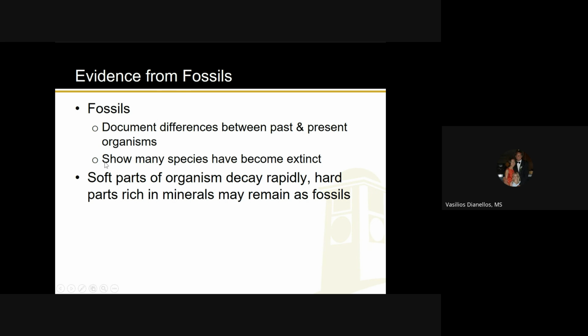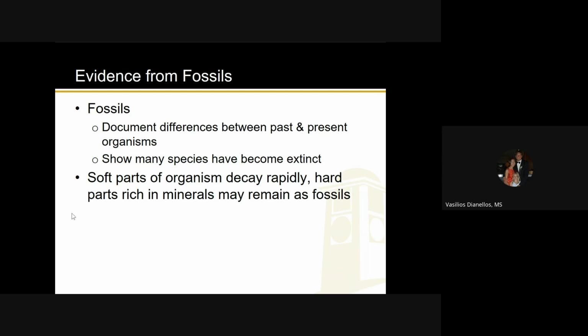And like this bullet point shows right here, it has proven that some species have gone extinct. You know that's probably not new to you, but relatively speaking, that is new information, right? There was a time when people didn't think animals went extinct. So bring back from the beginning of this chapter, there was a time when people thought this is the way it is, this is the way it always has been, and this is the way it always will be. But we now know that's not the case.